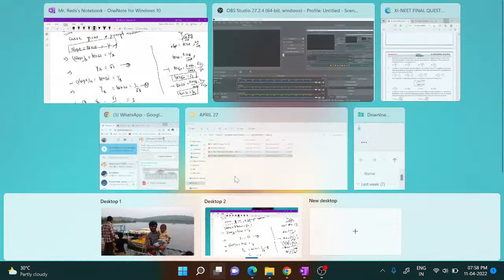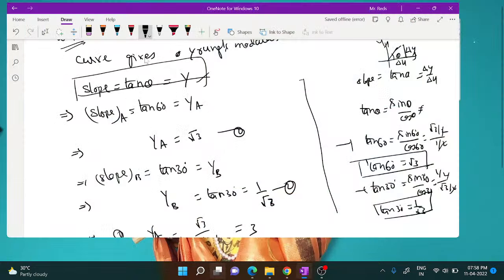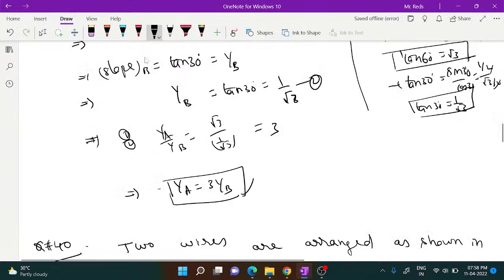If you divide these two, you will get YA by YB equal to root 3 by 1 by root 3. Root 3 into root 3 becomes 3. So YA equals 3 YB, since slope is equal